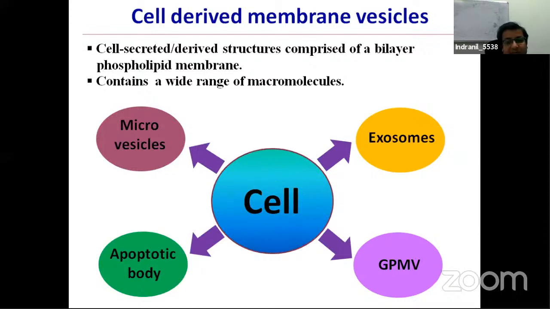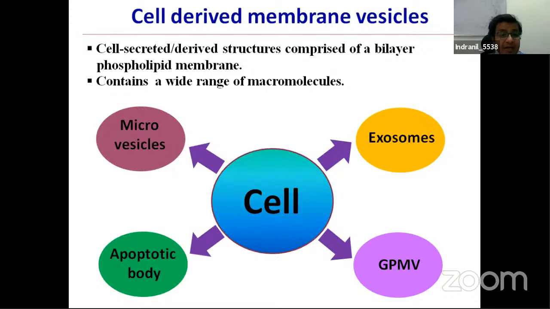Now we can start with the point that in the last 50 years, people observed that cells often shed some particles, particles of various dimensions. Sometimes they observed them in micro dimensions, sometimes in nano dimensions. In earlier days, people generally considered that these particles, which they were observing when dealing with cells, both in vitro and in vivo, were basically a kind of debris coming out of the cells.